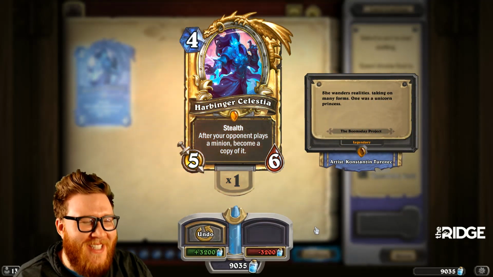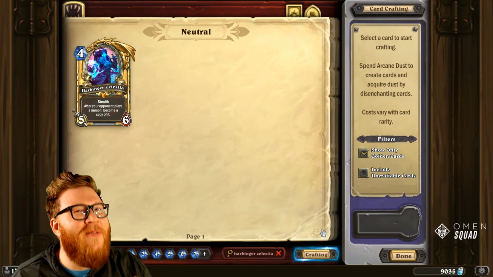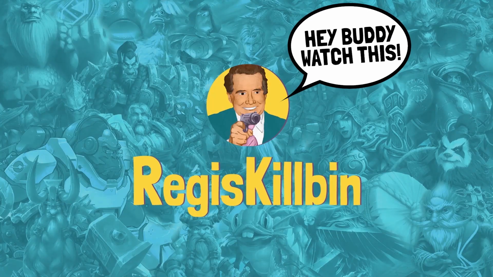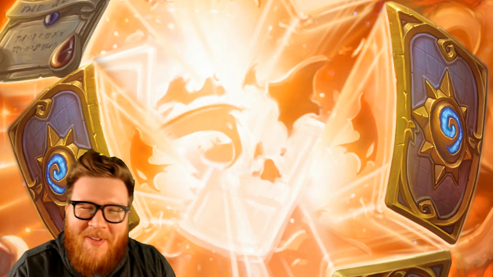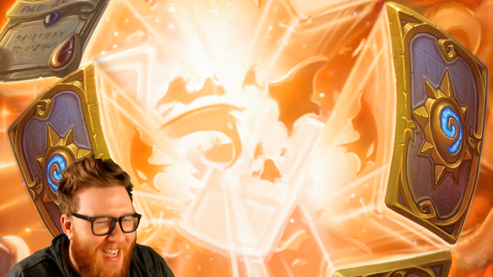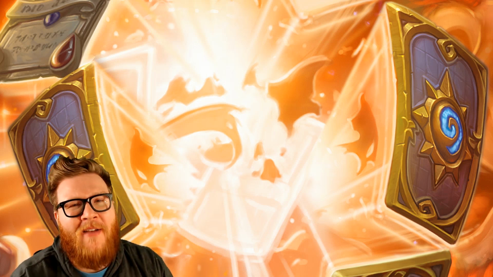That is a Golden Harbinger Celestia, and I'm going to lock it in. I did that for you guys, so you better watch this video. Hey, buddy, watch this. Yeah, that stings, but I wanted to open the video with something a little fun, so sure enough, we're going to figure out some way to use that Golden Harbinger Celestia if it's the last thing I do. Now, clearly, Celestia is not a card you want to be crafting,